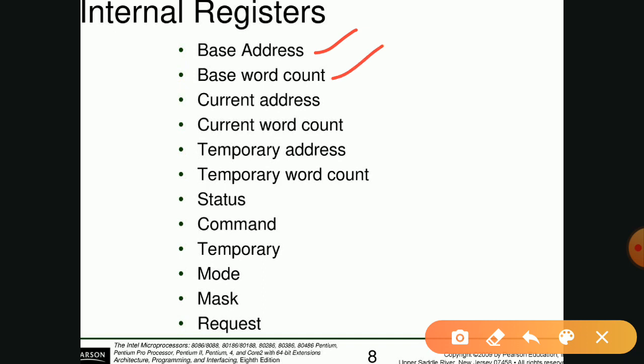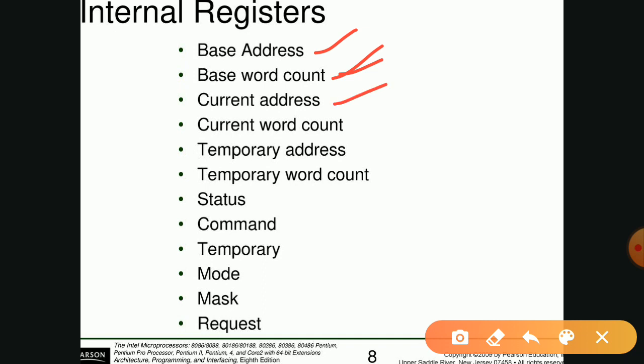The next one is the base word count register. Before you start the transfer of data, it is required to load the count. Count is nothing but how many bytes or how many words you are transferring through the DMA operation. That count is loaded into the register called the base word count register.